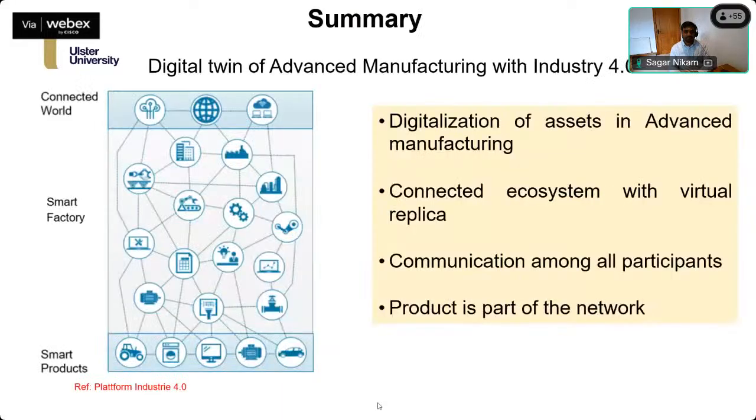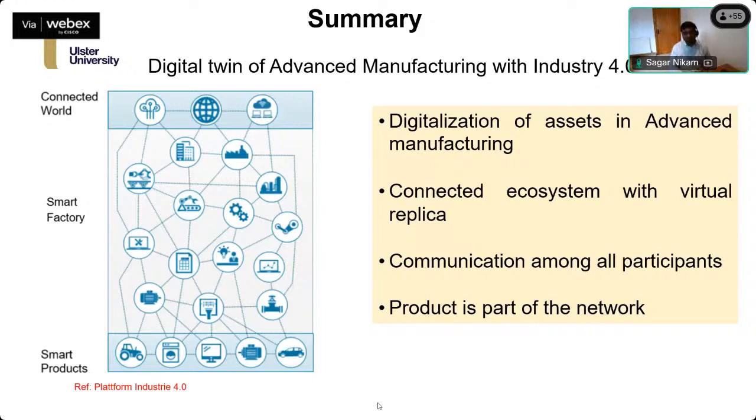So in summary, how does the ecosystem of digital twin for advanced manufacturing with the help of Industry 4.0 act? Industry 4.0 helps in capturing the digital assets of the physical assets. And digital twin can help to virtually build the replica of the business ecosystem, not only the replica of the machines, but also the replica of the factory elements and the products that they are building there.